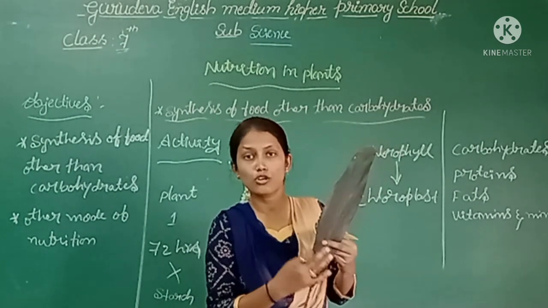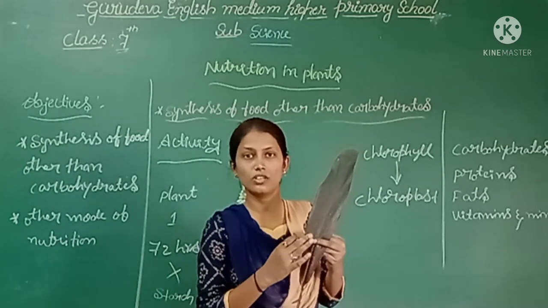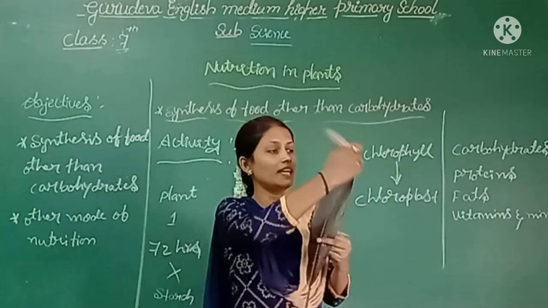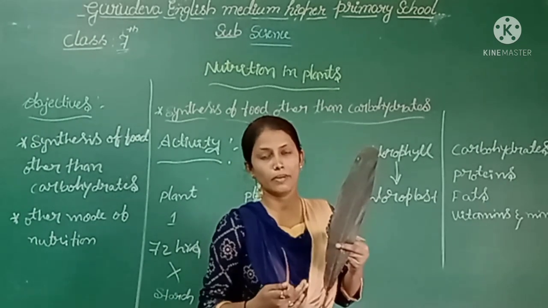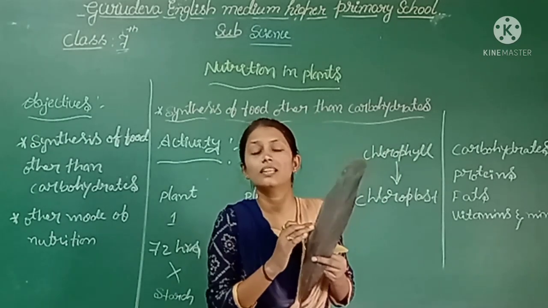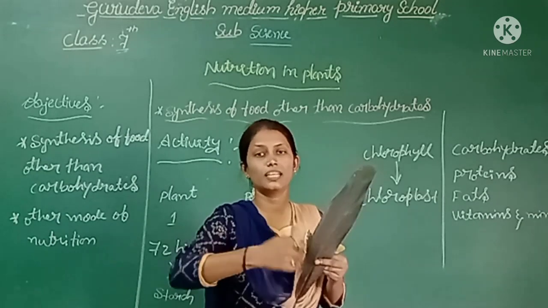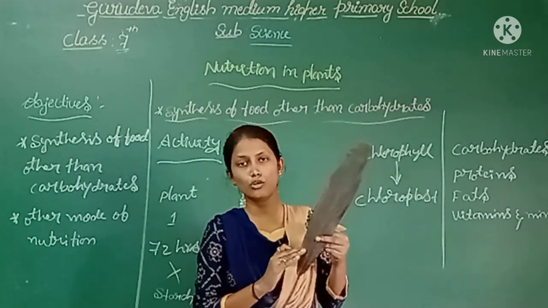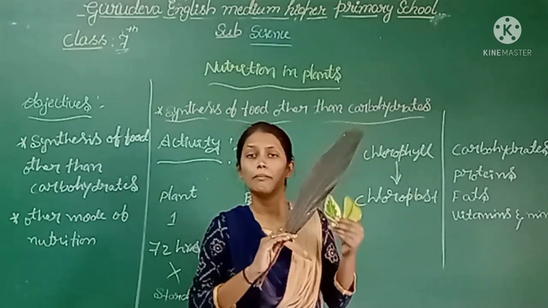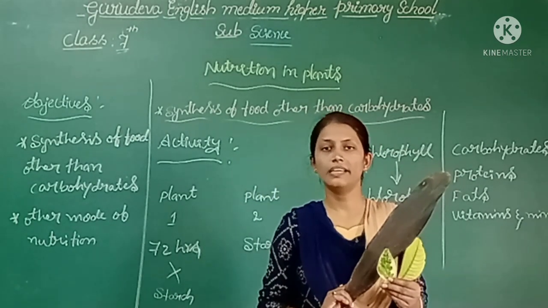In these leaves also the chlorophyll pigment is present, but the red, brown and yellow colors completely cover the chlorophyll pigment, so that we cannot see it. But inside these leaves the chlorophyll pigment is present. The color completely masks the leaf, so that we cannot see the green color. But in these types of leaves also the photosynthesis process takes place.